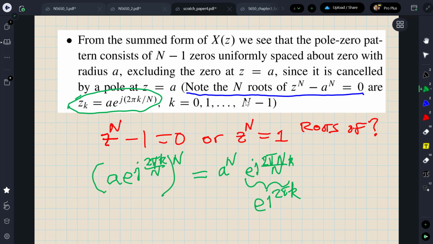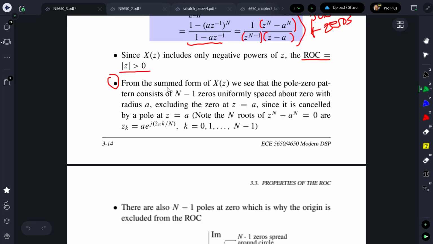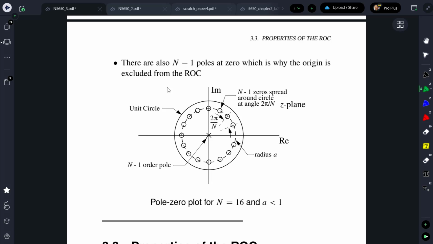No matter what k is equal, we have e to the j 2 pi, and that's always going to put us right back at 1 on the unit circle. So these are the roots then. The roots can be located at these locations. The roots are spaced around on the unit circle at radius a at all the angles going around the unit circle. And that's over here. In this picture right here, they're spaced at angle 2 pi over capital N, and there is a root nominally right in here,